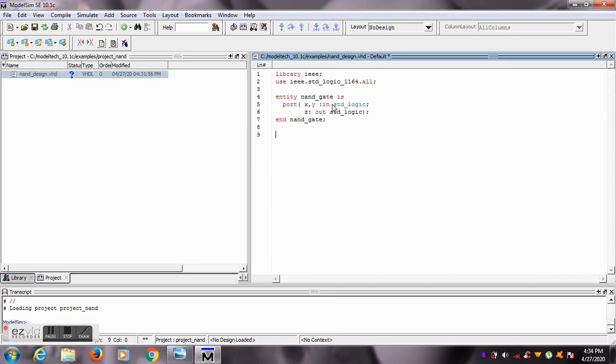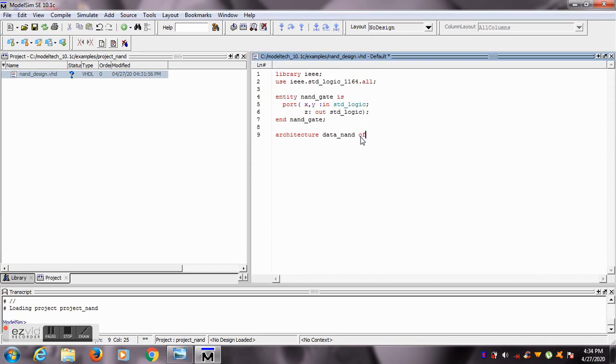Now we have to declare the architecture. So architecture describes the internal structure of our entity. So we have to give a name to the architecture. So since we are using a data flow design, I will give the name of the architecture as Data_NAND.